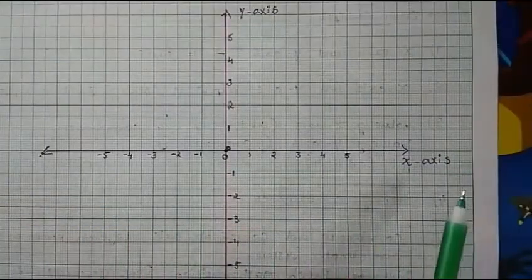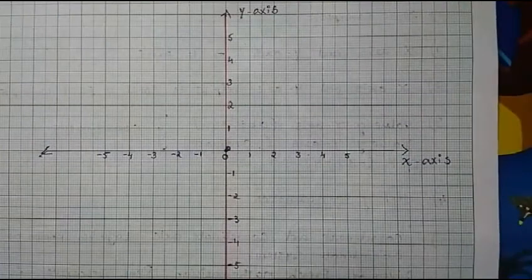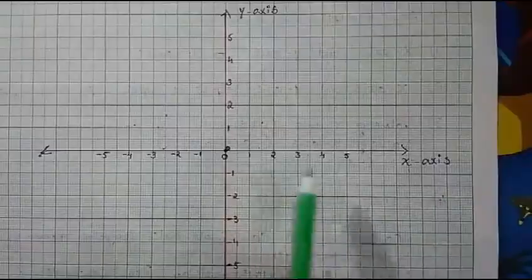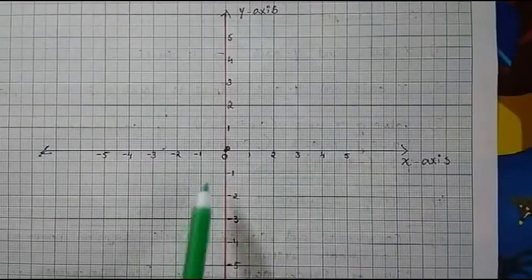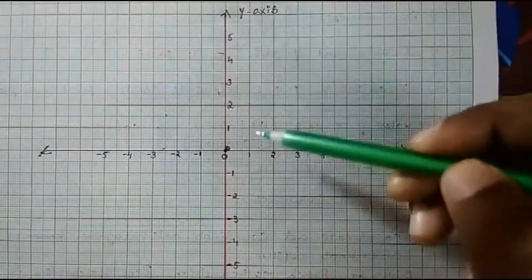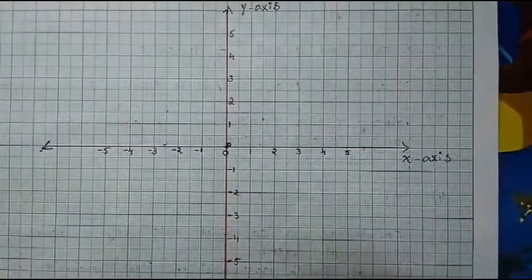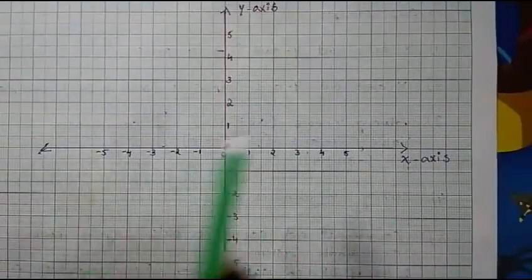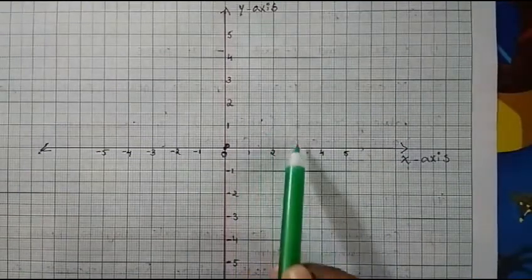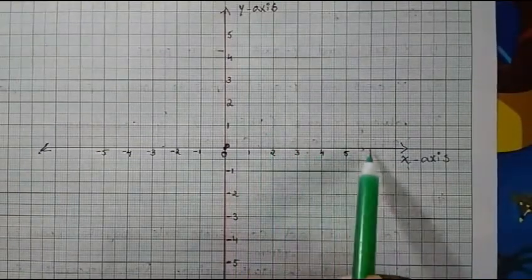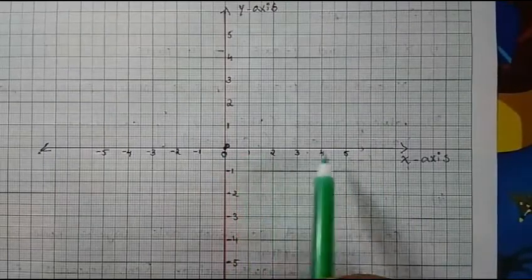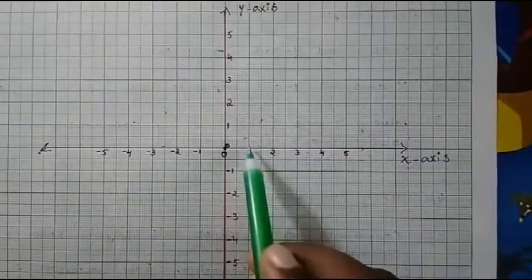When you draw the x-axis and y-axis on a plane, it divides the plane into 4 equal parts. You can see here, towards this direction we have 5 units, towards this direction -5 units, and towards the other directions positive numbers, 5 units each. When you draw the graph, please be careful and look at each line, this thick line. We consider this as 1 unit, or 1 centimeter taken as 1 unit.